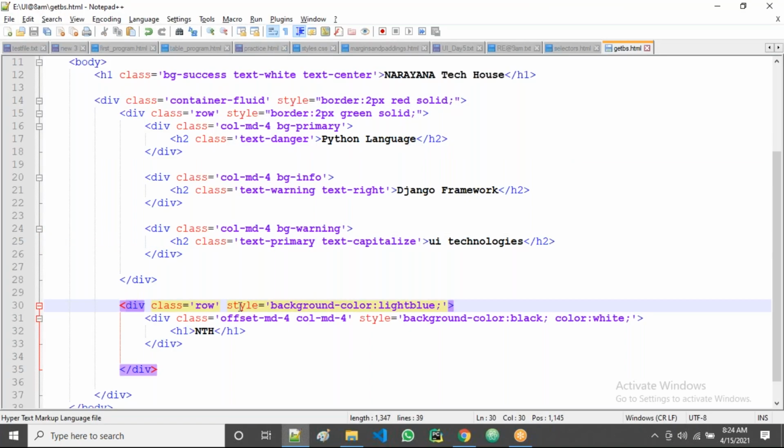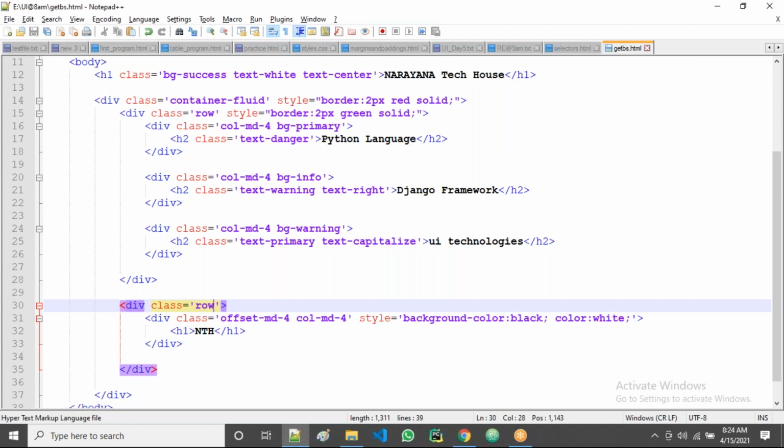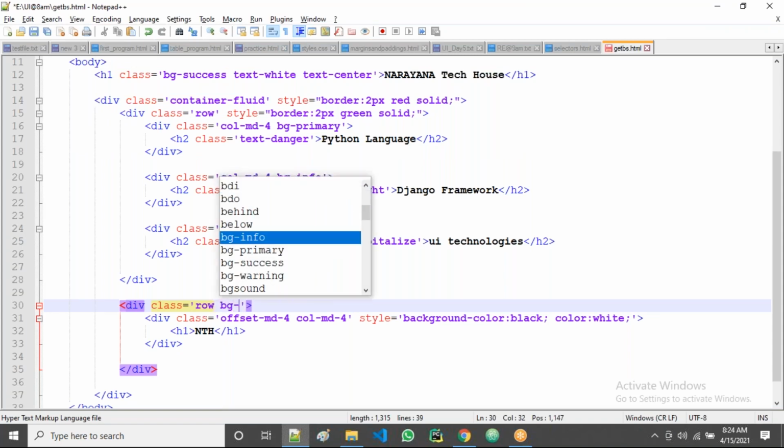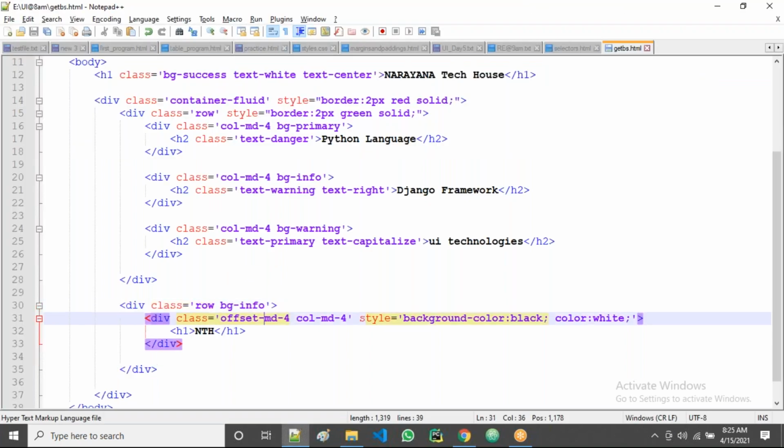Now coming to the second row, guys. In the second row only one division is there, right? In the second row I had taken a style for the background color. Now I'll take a Bootstrap class, guys, for the background color of this row. Now let's see here, bg-info, guys. Background info. There's the info color, guys. Then in the division, opposite, four columns, MD4 columns, right? And again some style was taken for the background color.